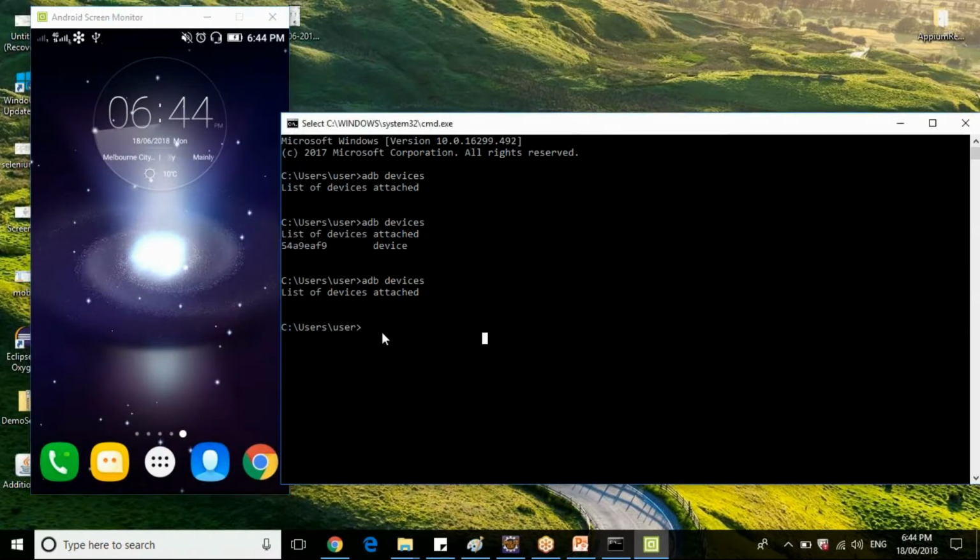Then your unauthorized will be displayed as a device here. Clear? If you don't trust your computer for this mobile device when connected with the USB, then you will get unauthorized as your device state.